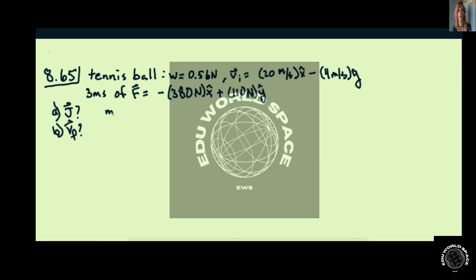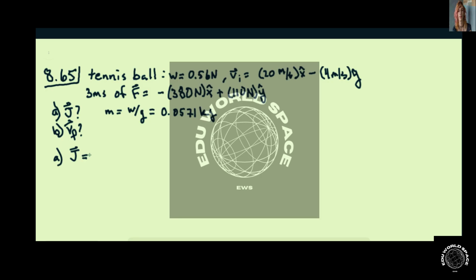So, before we get anywhere else, let's just real quick be careful and divide the weight we're given by the acceleration due to gravity, and we find that this has a mass of 0.0571 kilograms. Now for part A, we don't need that, but for part A, we have